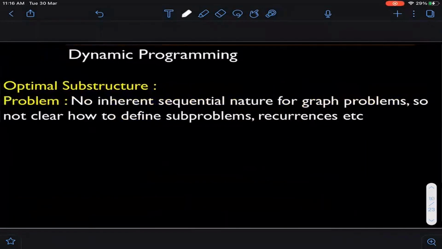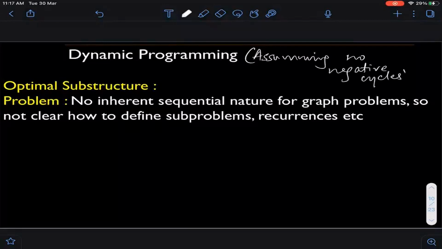Good. Now we go towards an algorithm, and as we will see, we effectively use a dynamic programming idea. We have seen greedy. Dijkstra is clearly a very greedy algorithm. It has a classical greedy flavor to it, and clearly it's not enough to handle negative edges. By the way, for today's discussion, let me write this down: I'm assuming no negative cycles. As we build up the dynamic programming gradually, we will assume that there are no negative cycles in my graph.